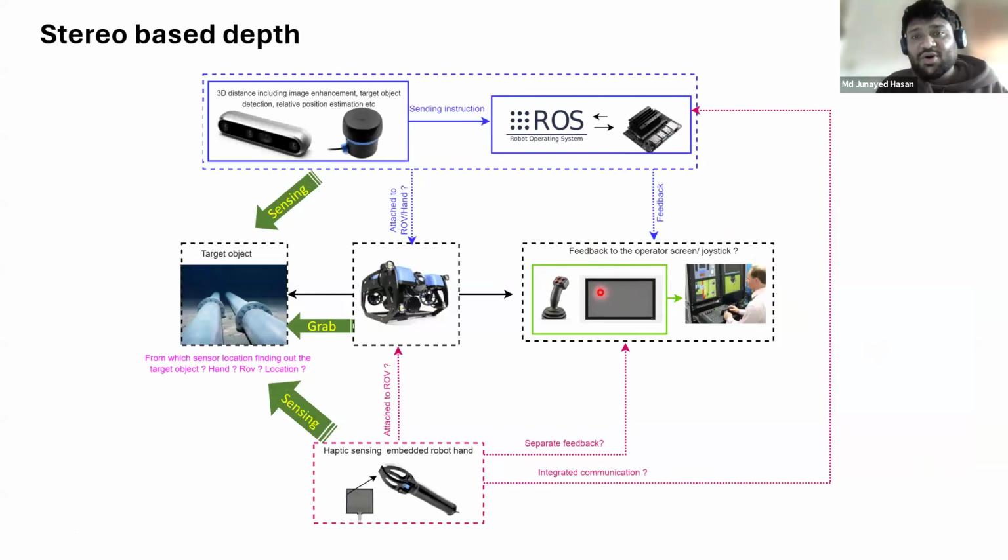So here is the joystick system. When these guys are operating the ROV, this is the ROV. The ROV is going to the target object, and there is an attachment of these sensors on the ROV. These sensors are connected to an on-device PC, a Jetson Nano, or this type of powerful microcomputer nowadays, and the data comes to this PC operating system. So sometimes we give an on-device decision. Sometimes we pass this data on.